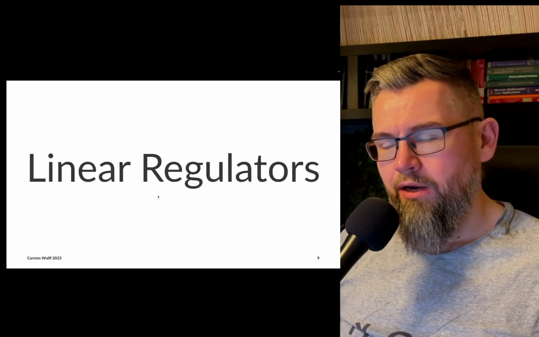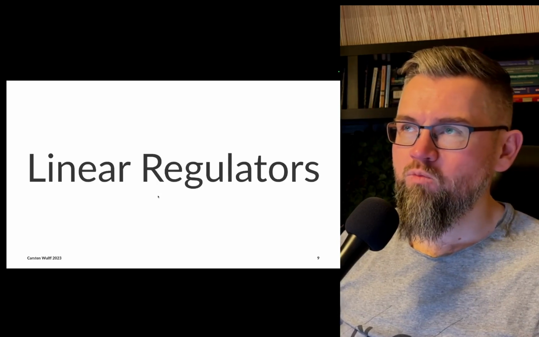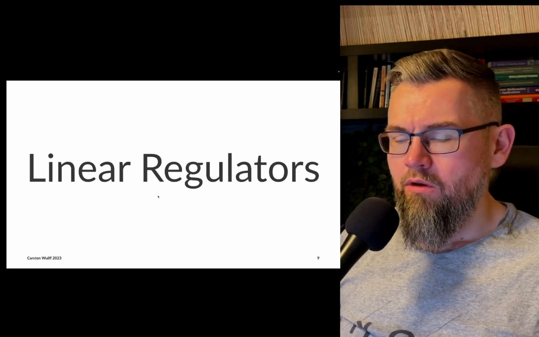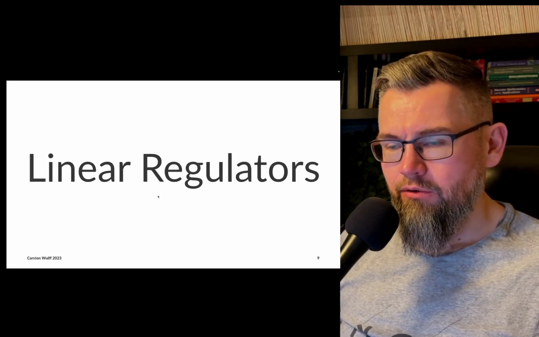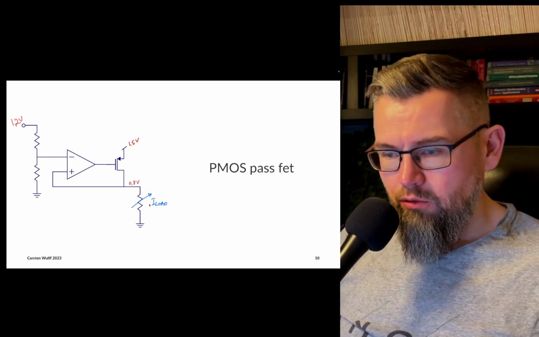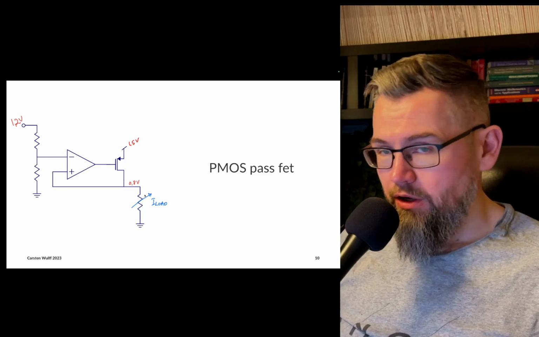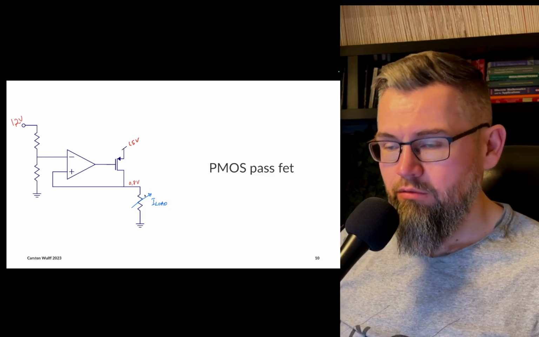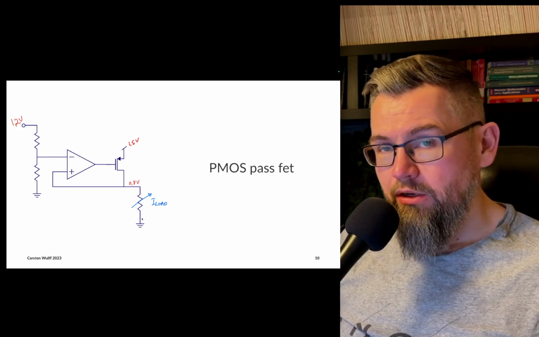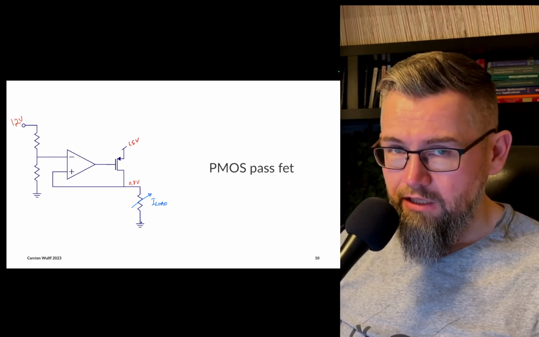Now, let's talk about the most straightforward one first. Linear regulators. In a linear regulator, we have a load. This might be our CPU, our ADC, our radio, whatever. And we want to generate a 0.8 volt across that, independent of the load current, relatively independent of the load